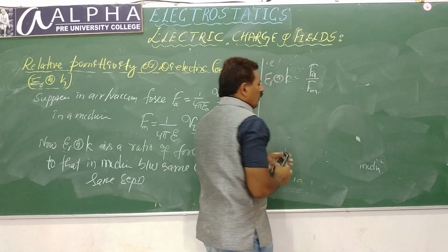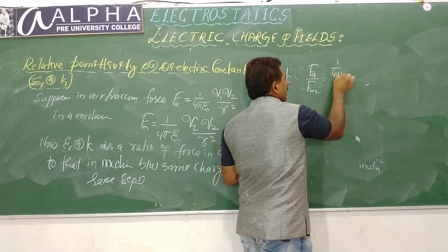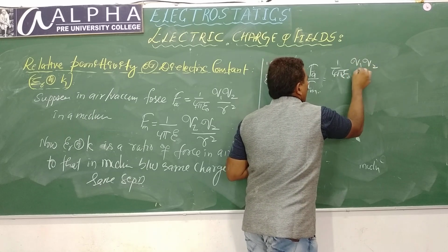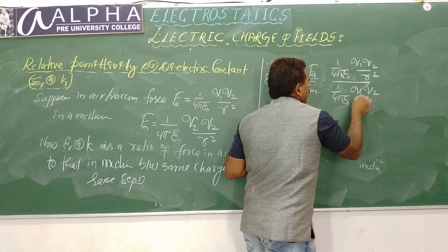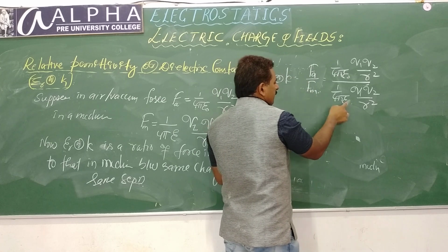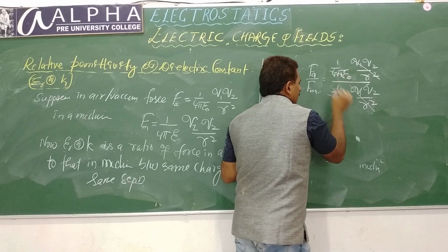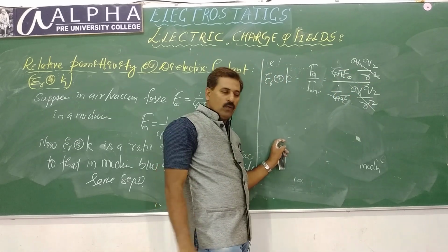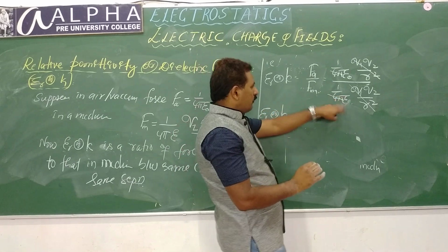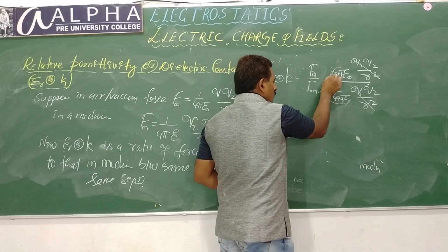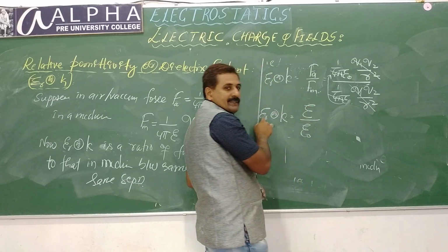FM. Now if you write the expressions, what is FA? 1 over 4 pi epsilon naught Q1 Q2 divided by R square, divided by 1 over 4 pi epsilon Q1 Q2 divided by R square. This is epsilon, for medium. This is epsilon 0. So this term gone. 4 pi gone. That's it. Now you are left with epsilon r or k is equal to, this term goes to numerator, the value epsilon divided by epsilon naught, and this ratio is epsilon r.